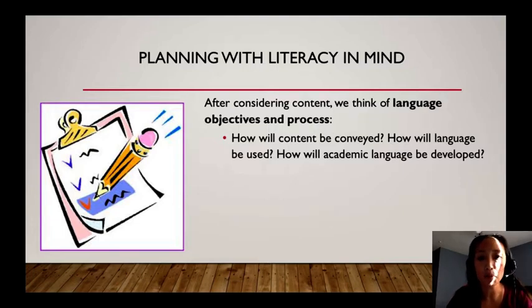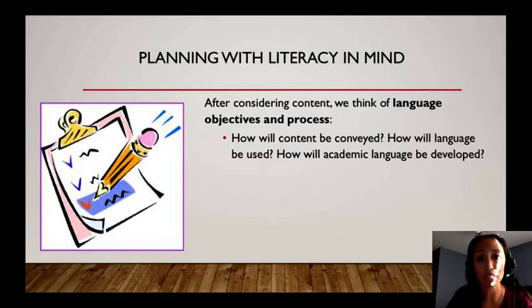And this is really important as we think about moving students towards our final assessment, and as we think about who students are in terms of their humanity, their identity, and their language levels, right? We want to think about the ways in which we are demonstrating this content. Are we giving students multiple access points? Are we giving them opportunities to practice using language both orally and in writing, and how are we supporting